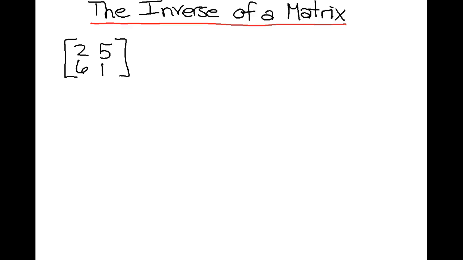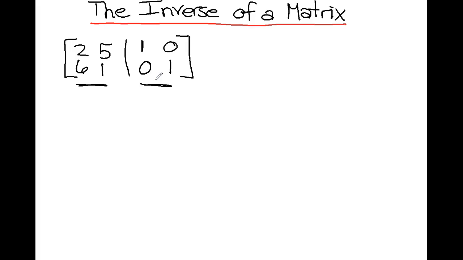In this video, I'm going to walk through two examples of how to find the inverse of a 2 by 2 matrix. So the very first thing is that we are going to append our matrix with the identity matrix. And then our goal is to make the left side of this matrix look like my identity matrix. Alright, so we're going to try and make this left side look like this right side right here, using our matrix operations that we learned back in Chapter 4 when we were solving systems of equations using